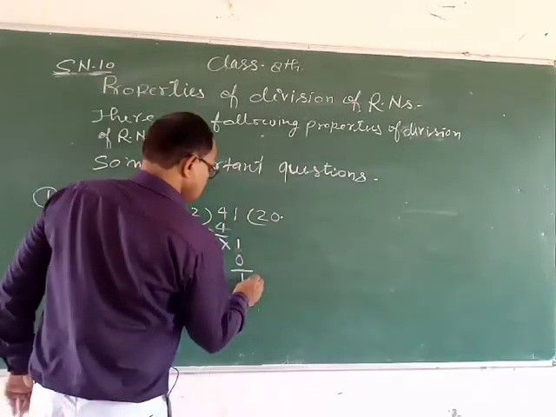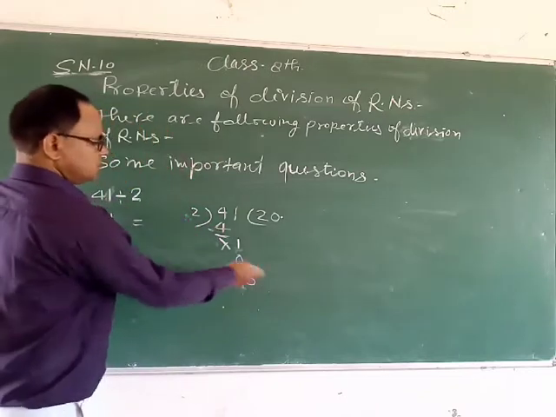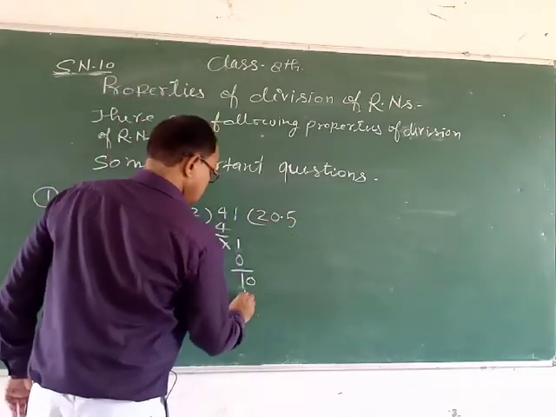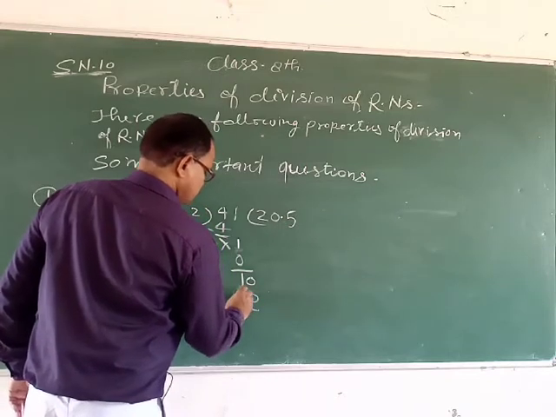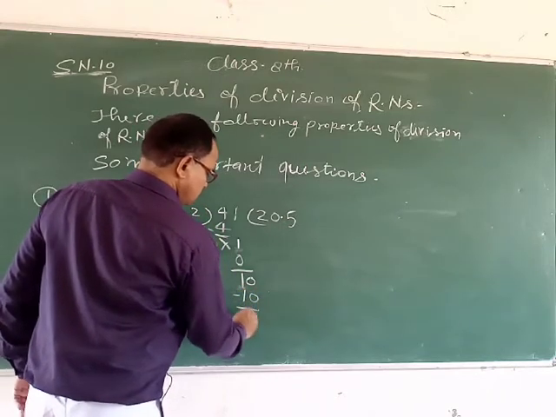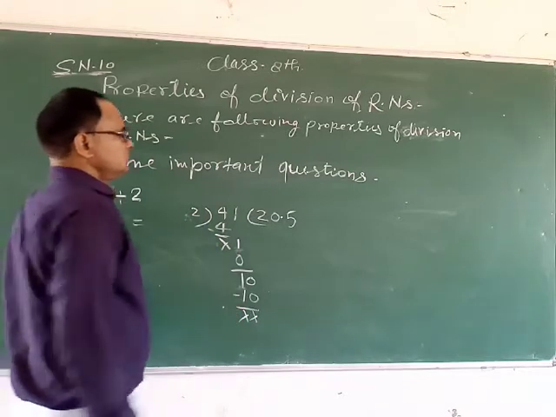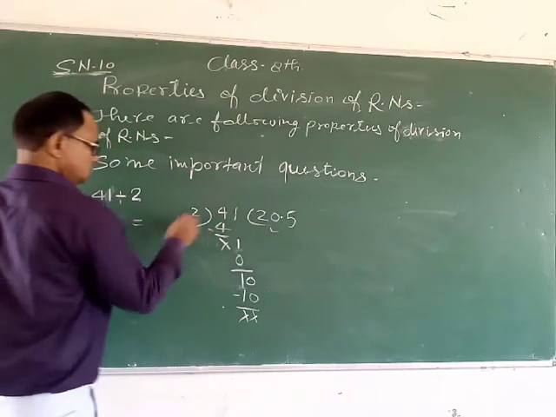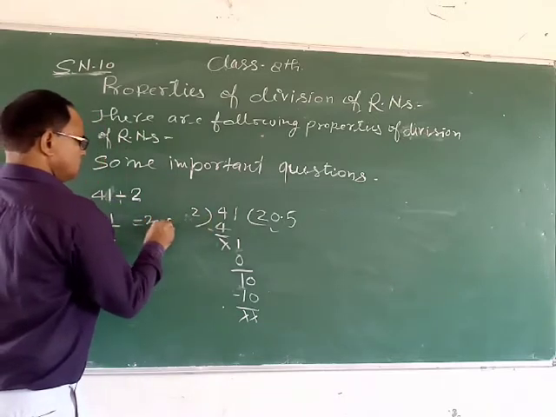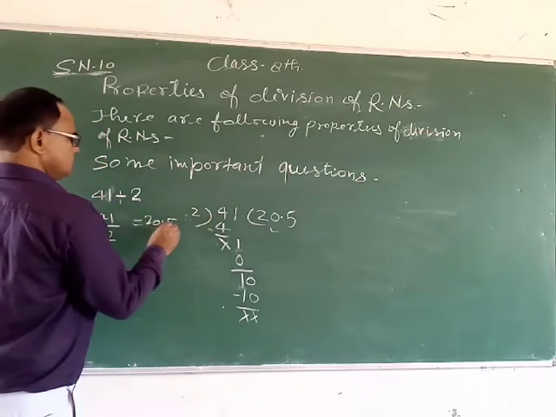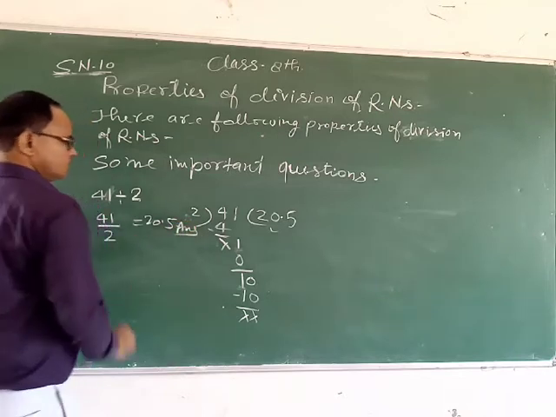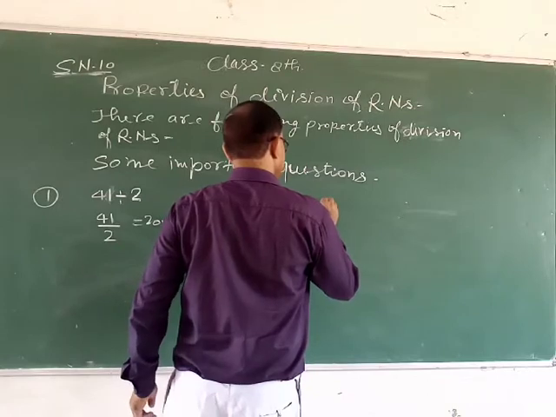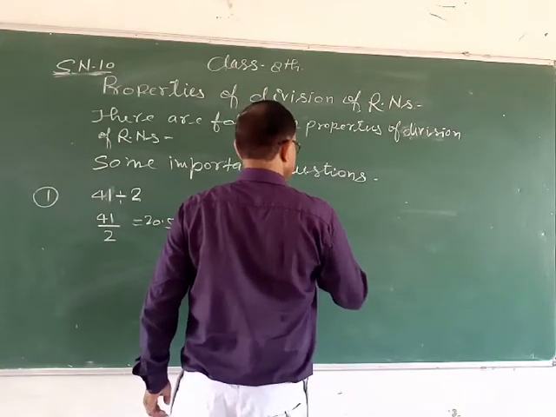After this, 0 increases after 1. Then 2 5 ja 10. 5 times. Read table of 2, we get 10. Thus, this is the answer. This is the answer. 20.5 is the answer. Okay, then these types of questions you can solve on this basis.